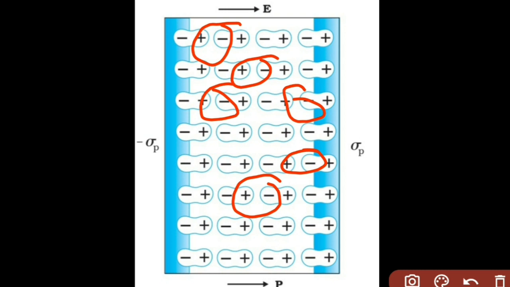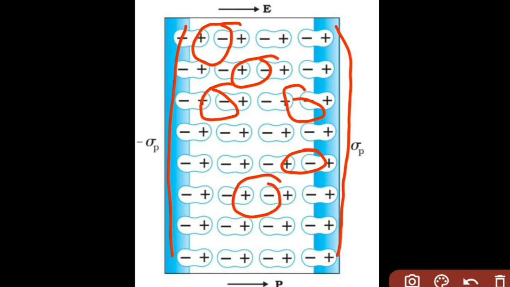What about the charges on these two sides? This side, you have accumulated negative charges, isn't it? To neutralize them, you don't have any other charge there. Likewise, here you have accumulated positive charges. To neutralize them, you don't have any other charges. So this is what is happening to the sample as a whole when this dielectric is kept in an external